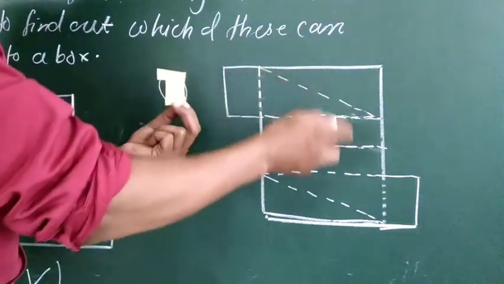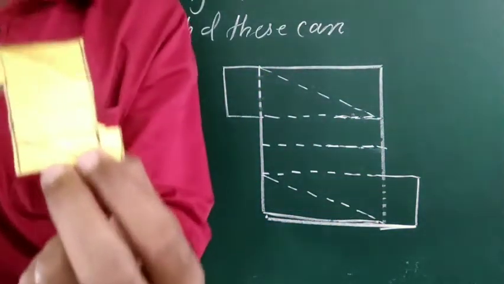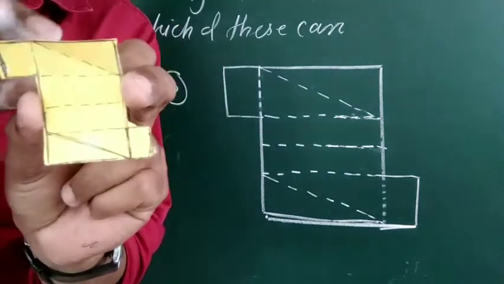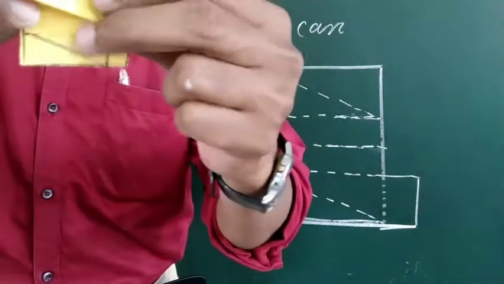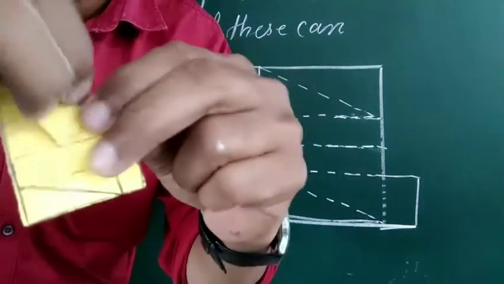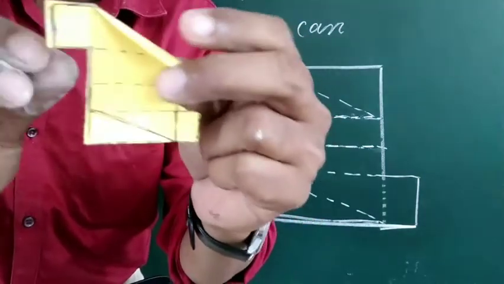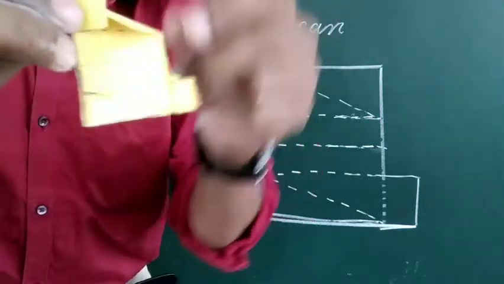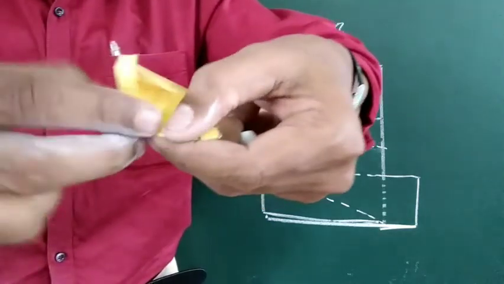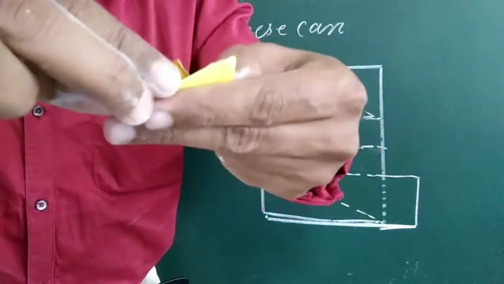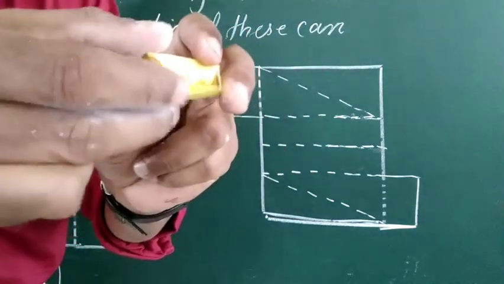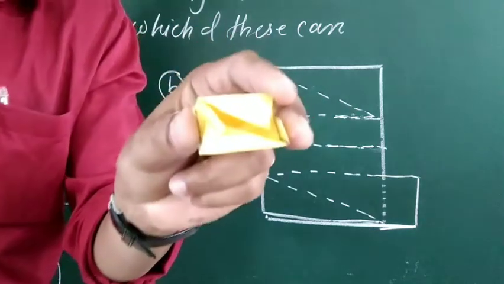See, it is the dotted line. These are dotted lines here. Now we have to try to fold from the dotted line. See, and then we will check whether it is changing into a box or not. See, one fold. Then see, one more dotted line is here बेटा, और यहाँ पर एक dotted line है. We will try from here also to fold. हमने यहाँ से भी fold किया, and then see, it is like this. Then see, it is like this. And one more dotted line is here, और एक dotted line है यहाँ पर. And see, it is folding like this. But after folding, it is not changing into a box, it is changing into this type of shape.